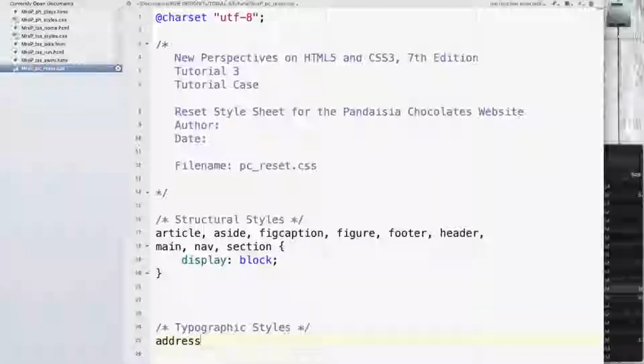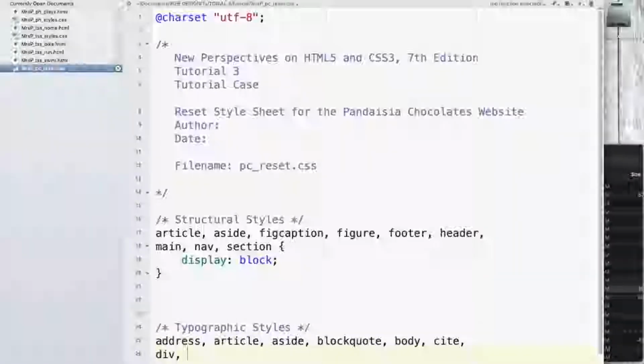So we are going to have address, article, aside, block quote, body, cite, div, DL, DT, make sure you're putting commas between all of these, DD, EM, fig caption, figure, footer,